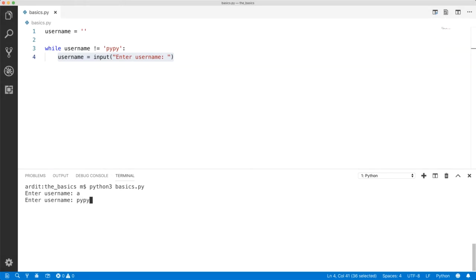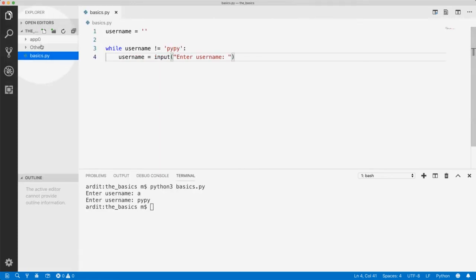If you enter pi, the loop ends. Because in the third iteration, pi is not different from pi, so this will not occur anymore. Now there is a different way to do this using a break statement. Instead of doing the above, let me